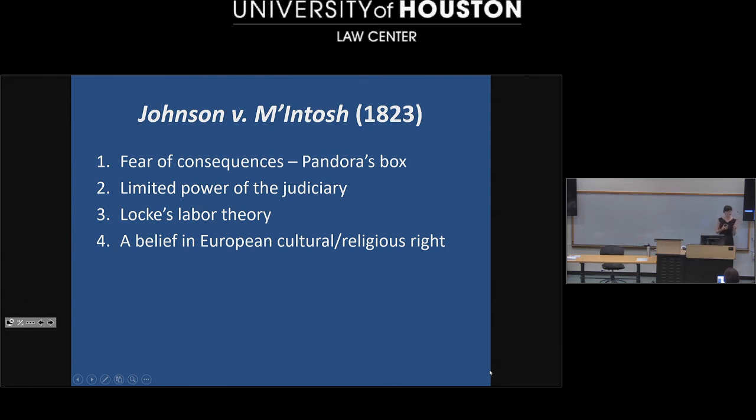How might you argue this result was justified in a way by Locke's labor theory? Well, they talked about how the Europeans were cultivating the land, engaging with it, versus the Native Americans that were more nomadic. So they could use Locke's labor theory to say, oh, well, the Europeans put their labor into the land by cultivating it, building houses, whatever, versus the Native Americans that had a more